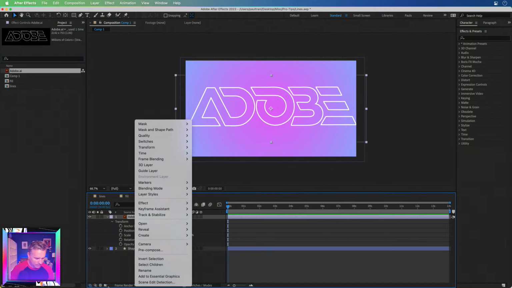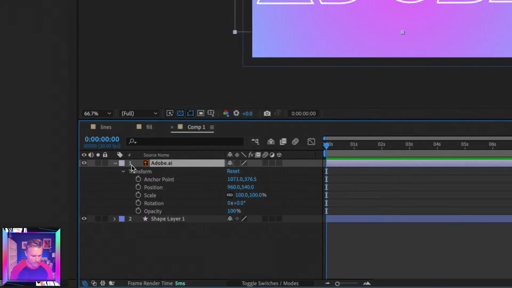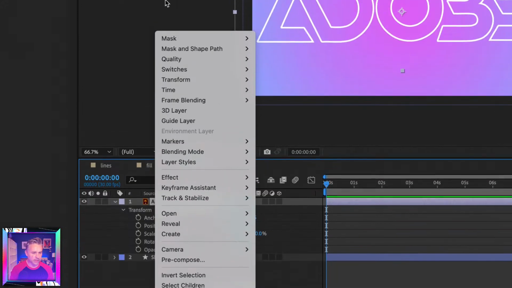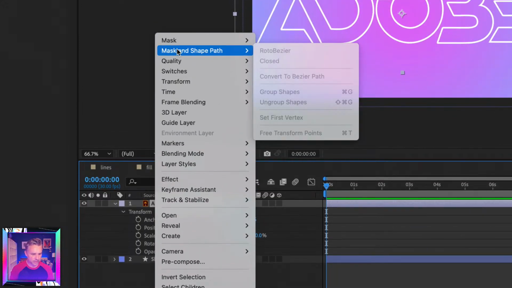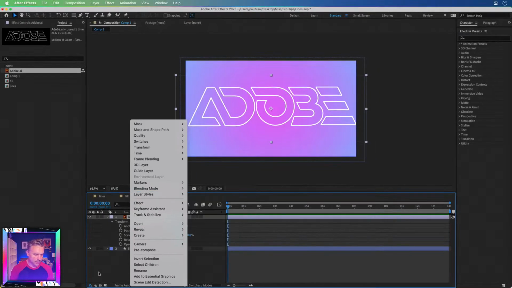So I need to be able to take this and, wait for it, I need to convert this to a shape layer. So let's just do this really fast. A big build up, and I think it's been moved. It has been moved. So let's kind of take a step back because I actually wanted to start with any